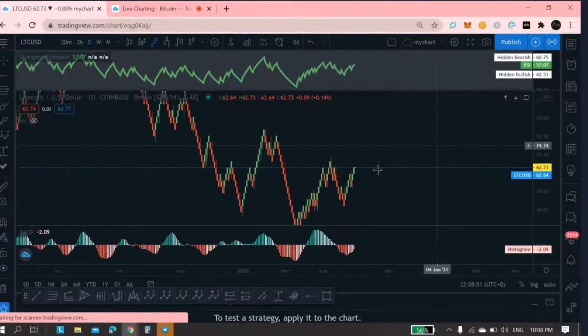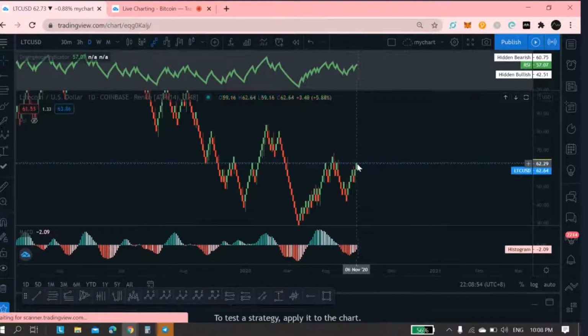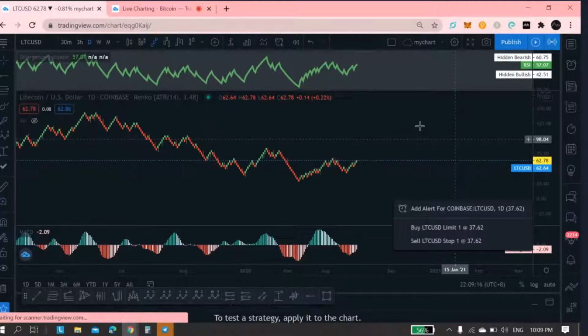There's a possible projected bullish Renko chart forming that could possibly retest this area around the 66 area or the high of around 68.5. I also have a long position here with a TP area at that level, the 68 area. So now let's